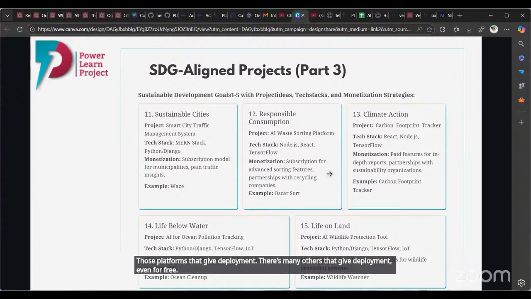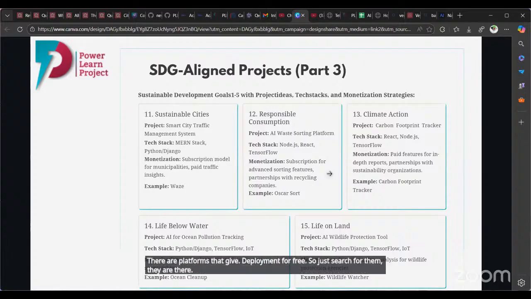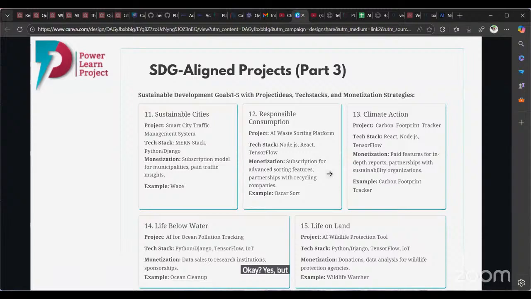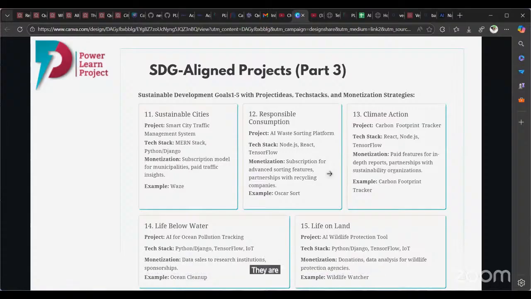There are platforms that give deployment for free. So just search for them, they are there. Yes, but the ones that are very popular and easy to go with, I think, are Netlify and